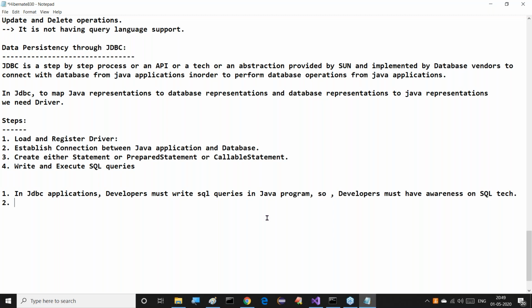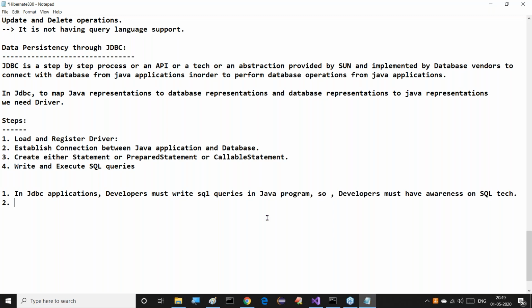Who has to take the responsibility of creating the connection and maintaining that connection, creating the driver and loading the driver or not? Who has to check all these things? Answer my point here. In JDBC, who has to check whether the driver is loaded or not, whether the connection is established or not, or whether statement objects are created or not? Who is checking all these things?